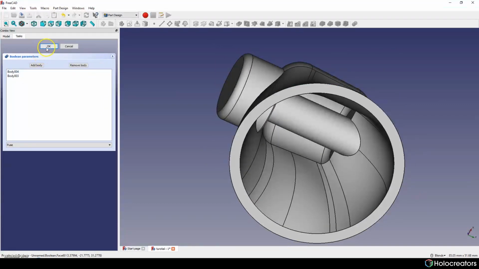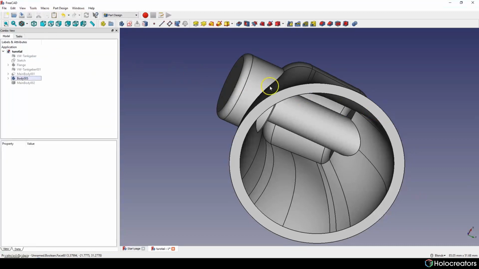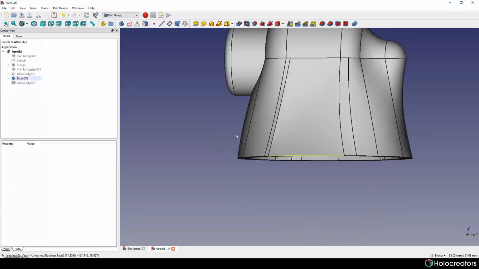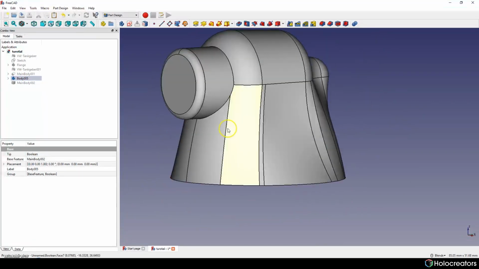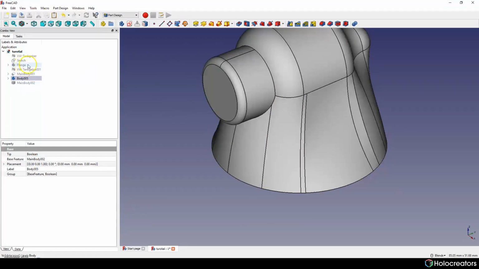And it works fine for now. Just hit apply, and we have a new body that has everything as we need.